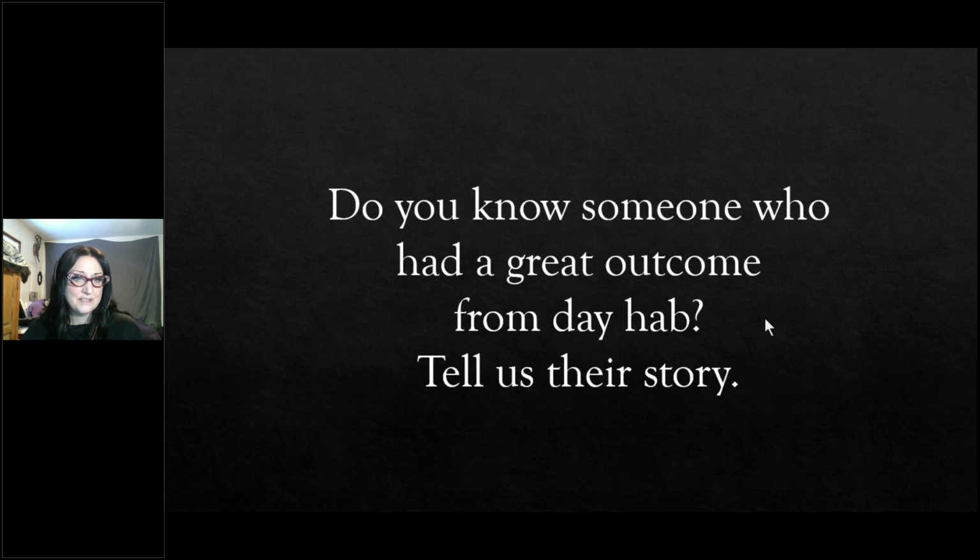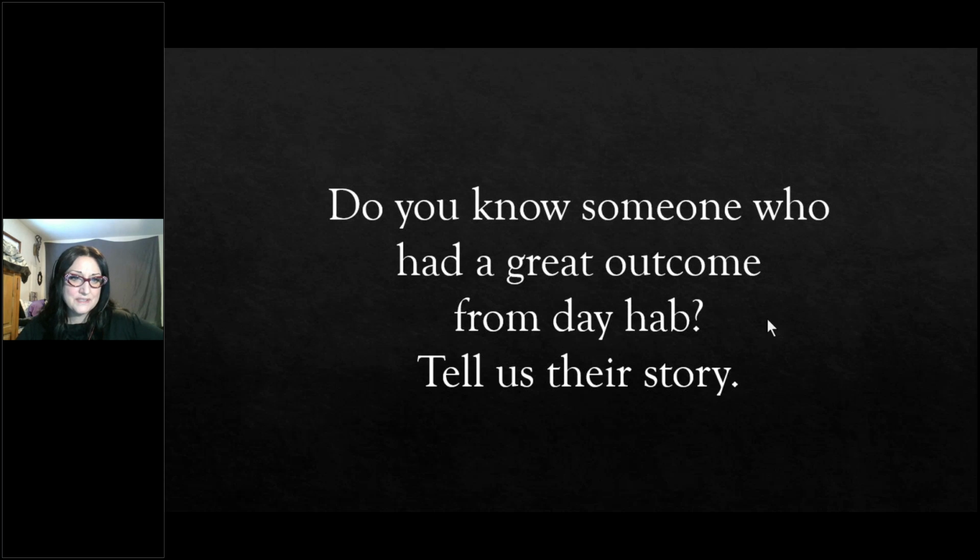Emotional and physical health as a result of DAHAB has kept her out of the hospital for more than 4 years. And people are building confidence to do things apart from their parents, and young people, or maybe even not so young people, getting out on their own and being able to connect with others and do things like bowling, library, and crafts that their natural supports may not be able to accommodate. Exploring their ability to tolerate things like sound sensitivity and going bowling, and the parents never even thought she would like that. So very cool.